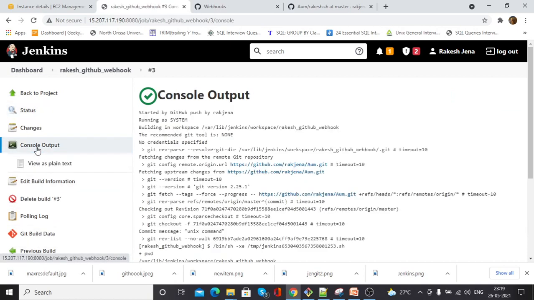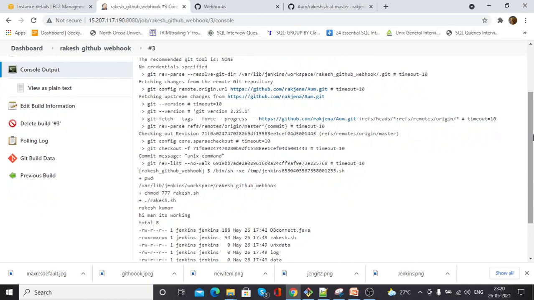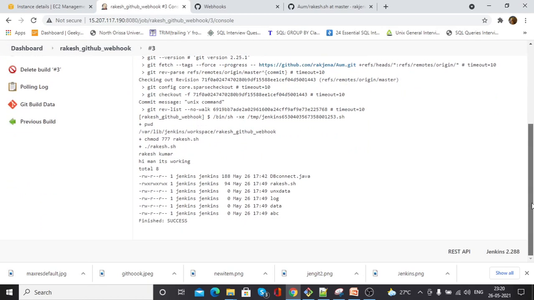So let's see the output. If you go down, you will see our shell script executed successfully.